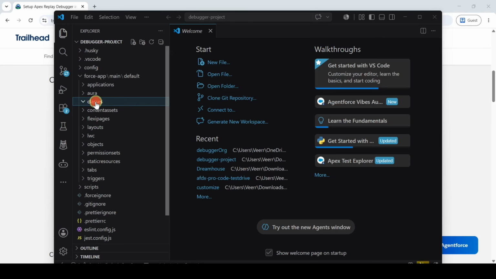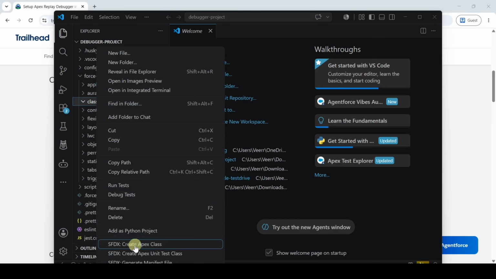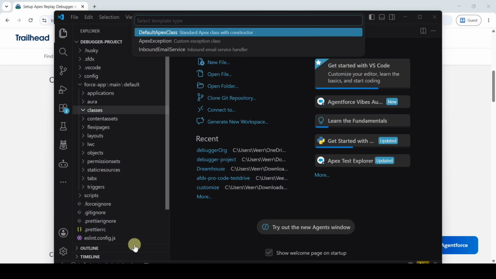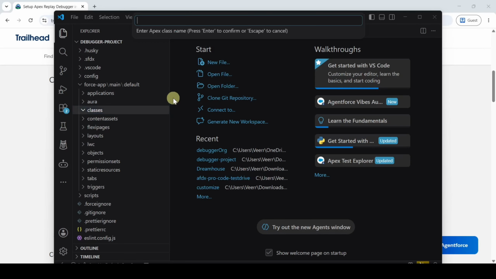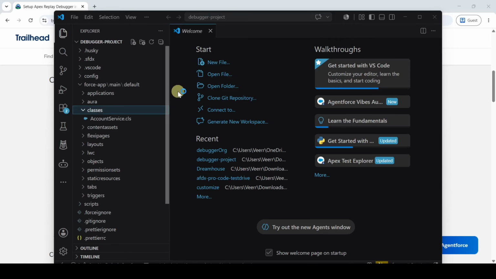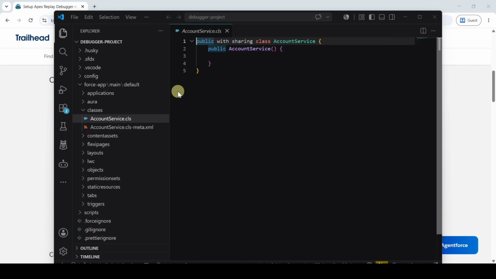So just right click on that and then select SFDX: Create Apex Class. Here select the default Apex class. Now paste the Apex class name AccountService and then press enter. So the Apex class is created successfully.